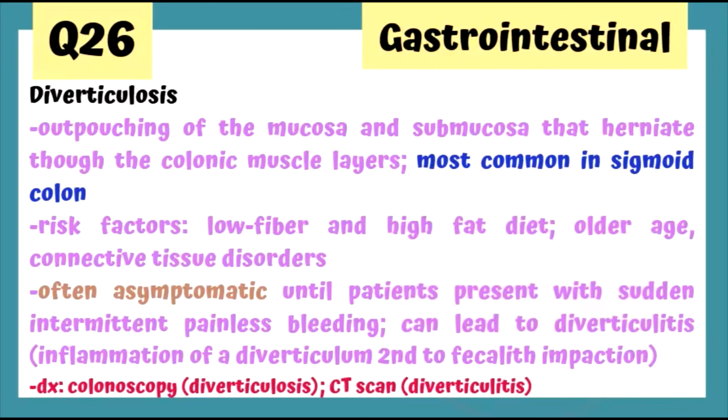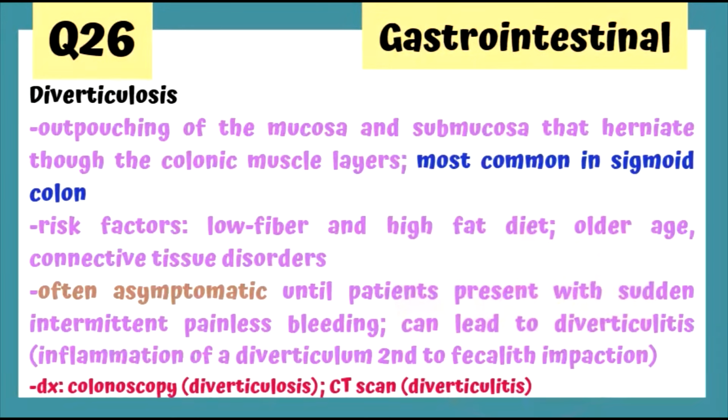Diverticulosis is an outpouching of the mucosa and submucosa that herniate through the colonic muscle layers, and it's most common in the sigmoid colon. Here we talk about risk factors. For example, a person has a low fiber and high fat diet. They're older and they have connective tissue disorders, and patients are actually often asymptomatic. It's interesting until the patient presents with sudden intermittent painless bleeding, and it can lead to diverticulitis, in which there's